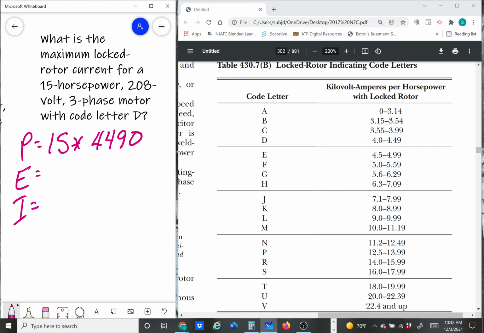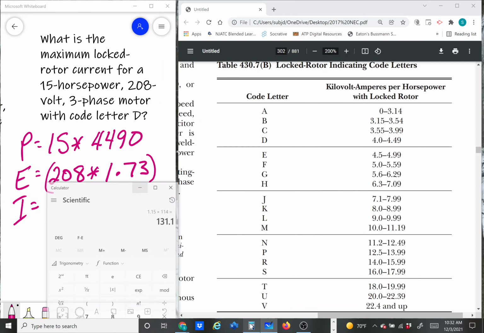Now, what is my voltage? Well, if you just said 208 volts, you're not wrong as far as it's a 208 volt motor, but the problem is it's a three-phase motor, and if we remember anything about three-phase when it comes to voltage, I have to multiply it by 1.73. So when I do that,